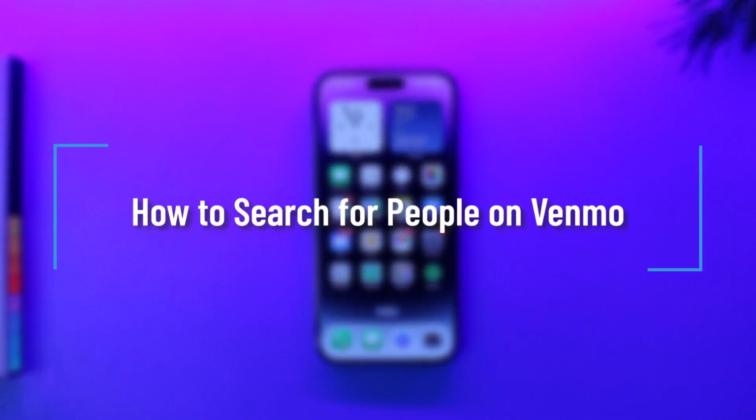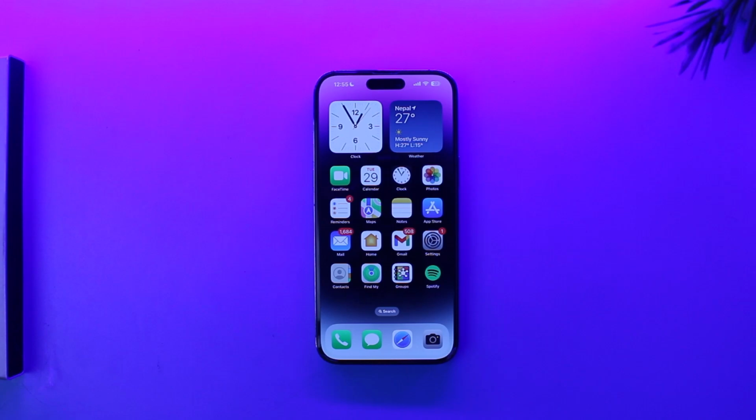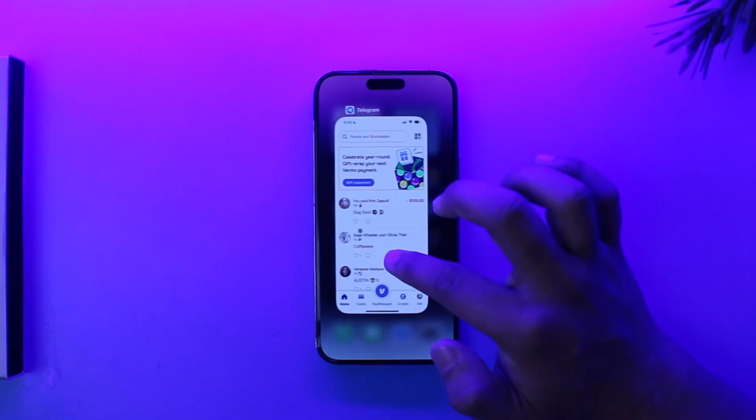How to search for people on Venmo. There are many reasons why you might want to search for people on Venmo. For example, you might want to send money to a person who is already on your contact list, or you want to send money to a stranger, so you need to have their name, email, or their Venmo user ID, right? Now, in order to search for someone on Venmo, just go ahead and launch the Venmo app